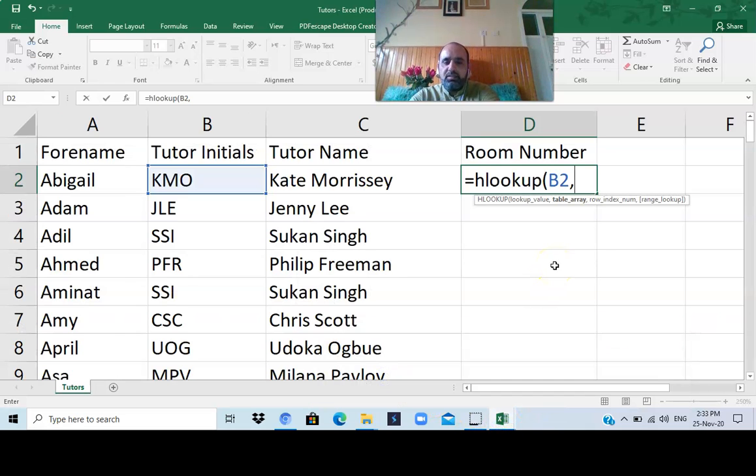So I'm going to write rooms.csv, put an exclamation mark, and then give the absolute cell reference range, and that was from $A$2 colon $O